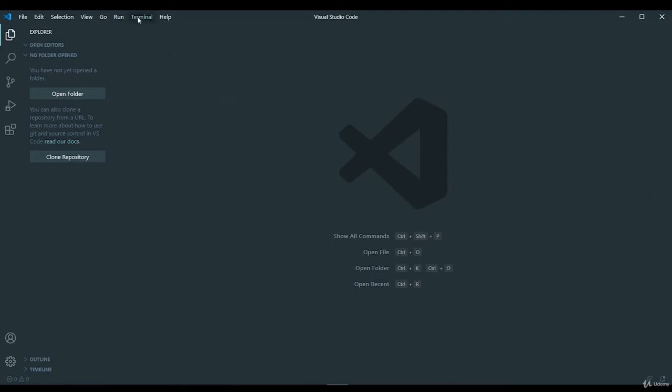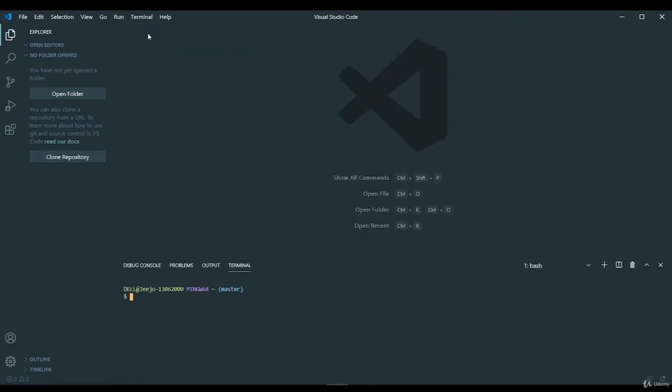For that, you need a terminal. Actually, in VS Code, the highlight is that we have an inbuilt terminal which we can use. To open that, we go to Terminal and click on New Terminal. Yeah, we got one. And if you want, you can change the folder directory. I'll change it to my folder now.